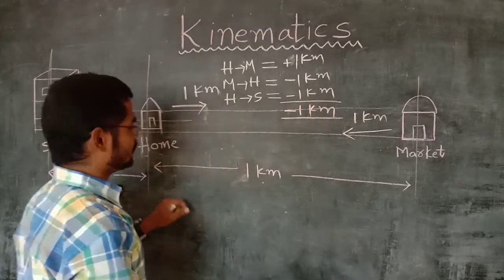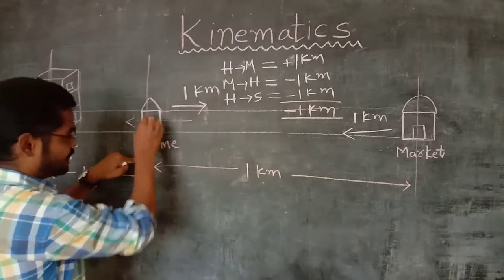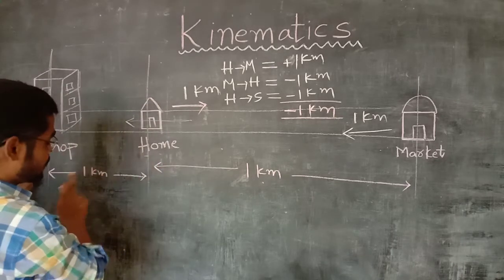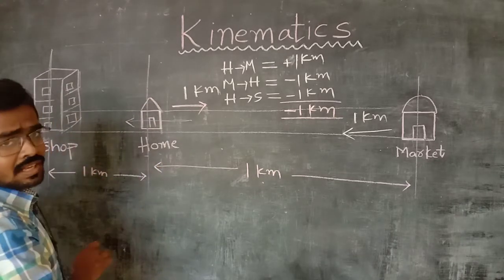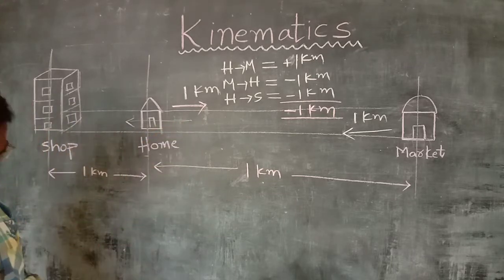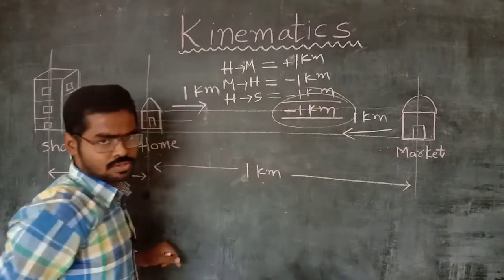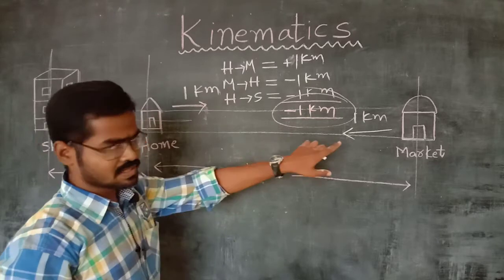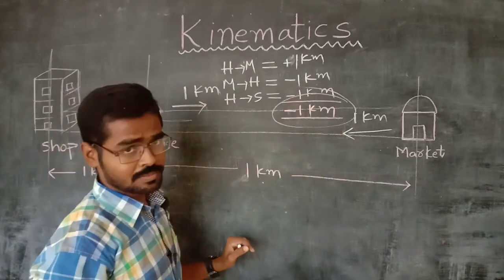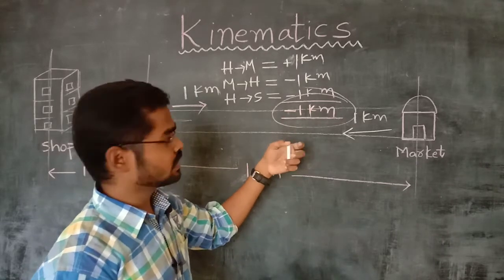Okay, you can tell in this manner also: from his home to market and market to home the displacement is 0, and from home to shop the path length is 1 kilometer, but it is towards the left. So the net displacement of the man is minus 1 kilometer. Here you observe displacement can be negative also. In the previous problem we have seen that displacement is positive, displacement is 0, and in this problem it has got negative, and I will show another example in that we will get positive.